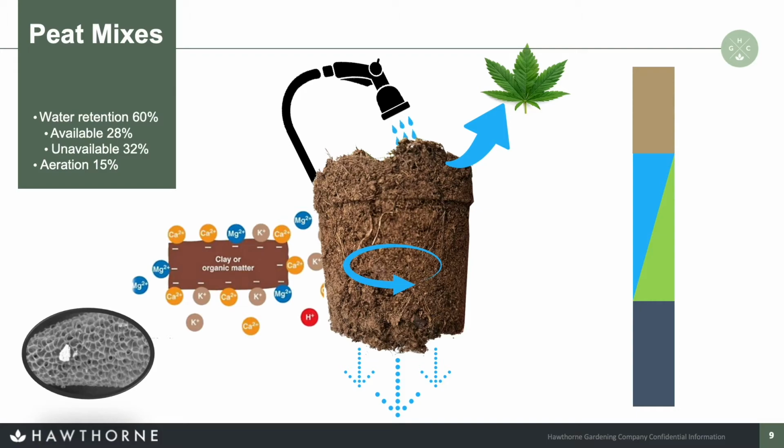Because of that buffer, because of that cation exchange capacity, and also because peat moss is very poor, some of the minerals from your feed solution will be absorbed by those fibers, as well as water, for the first watering. So peat moss on the first watering acts as a sink. And if the peat mix is not fully charged with nutrients to start with, it's not uncommon to see that the first watering